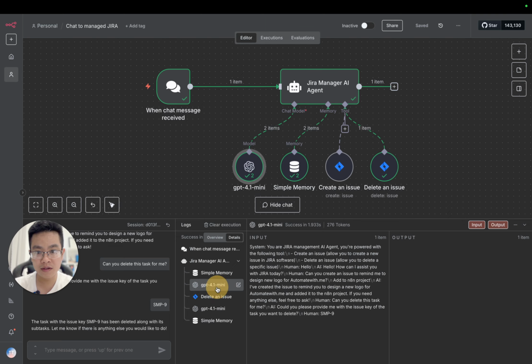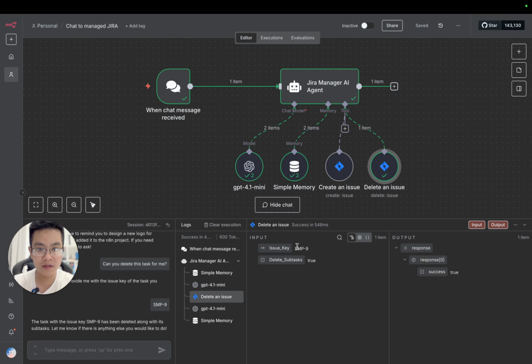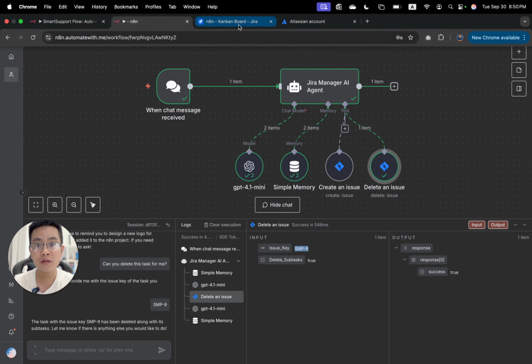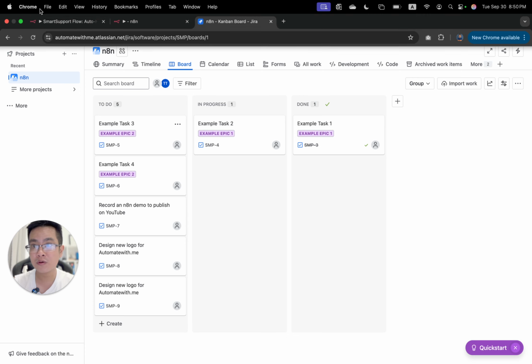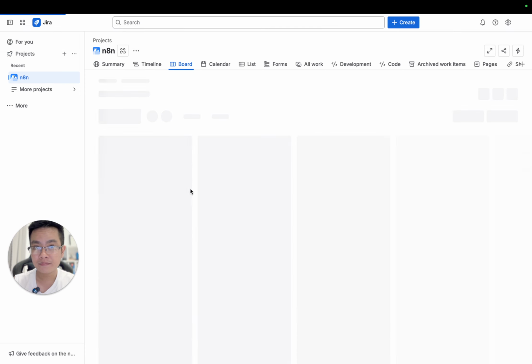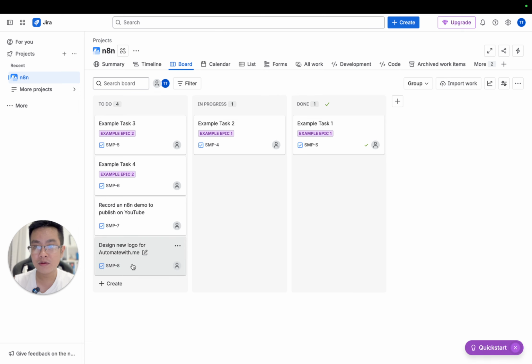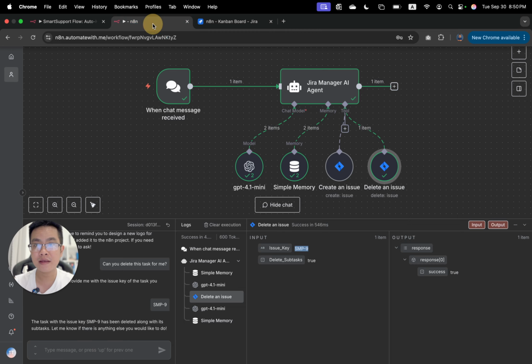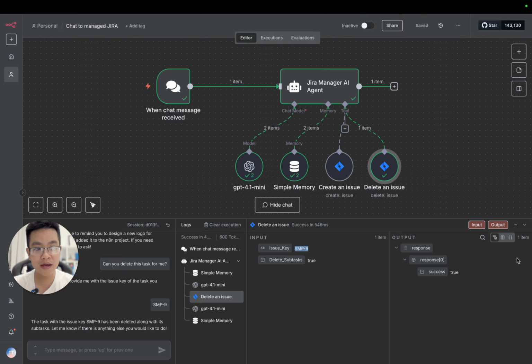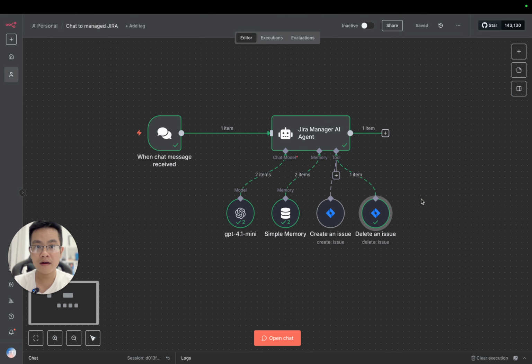You can see that when we're tracking, it passes along the issue key as SMP9, and then the delete subtask is designed by the AI agent, right? And if we come back here to check, the task has been deleted. So this is basically how you can create a simple chatbot to manage your Jira tickets.